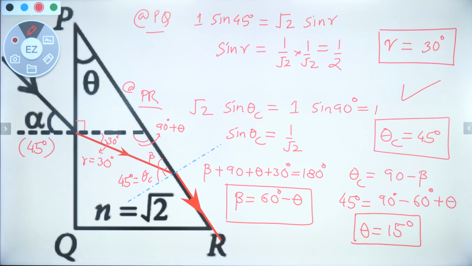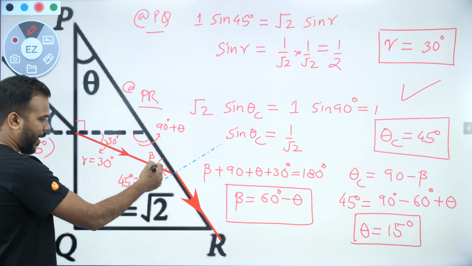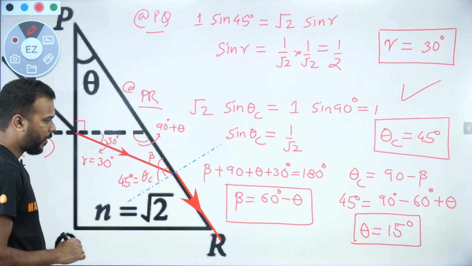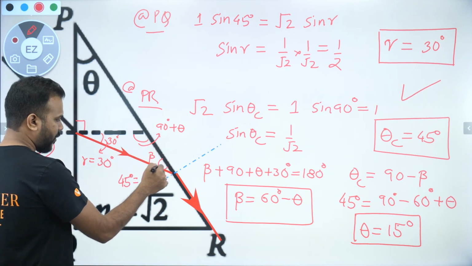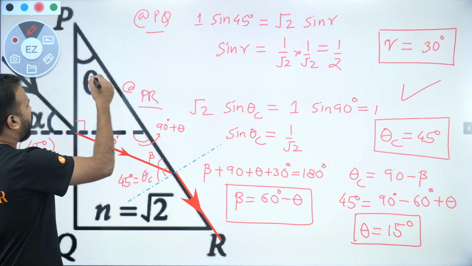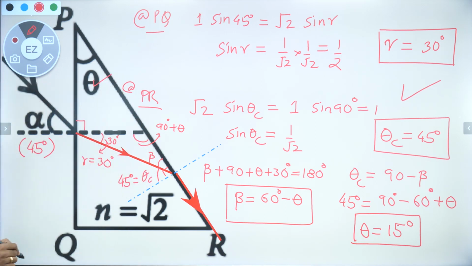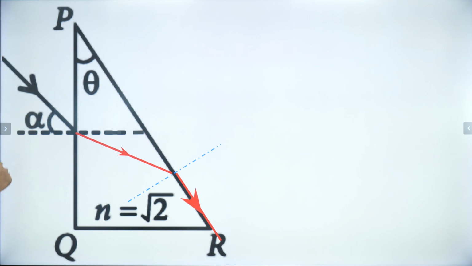Okay. So this is how we solved the question here. We first found the value of angle of refraction, then the critical angle value. After that we worked out this angle beta because this total angle is 90 degree. So finally we got the value of theta here. Okay, I hope you liked the question. Cool. So moving on,